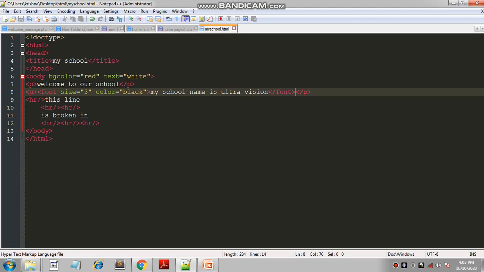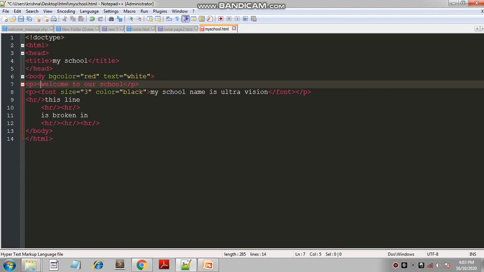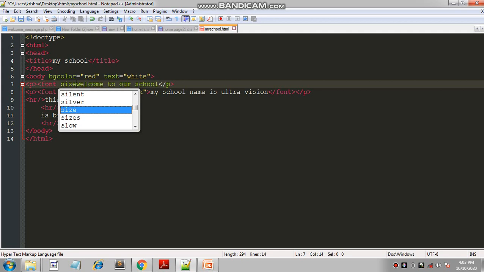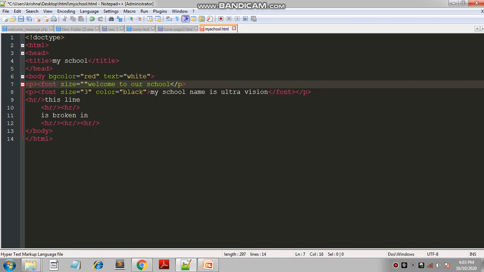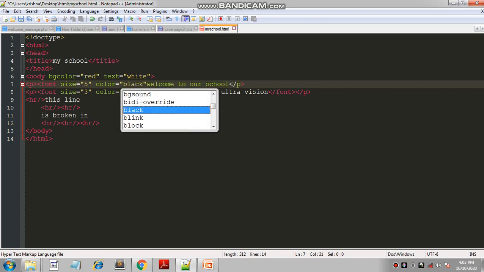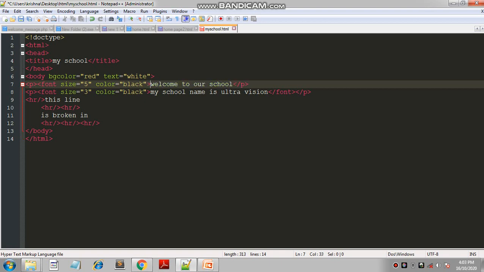See, same as for this sentence, we use again font color, font size equal to 5, give a color, at last end of font tag.